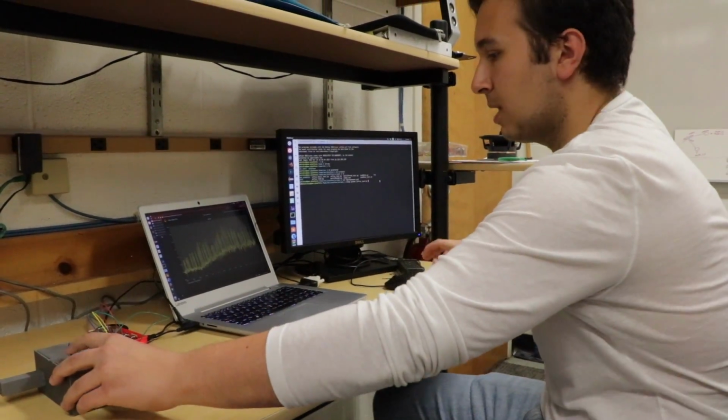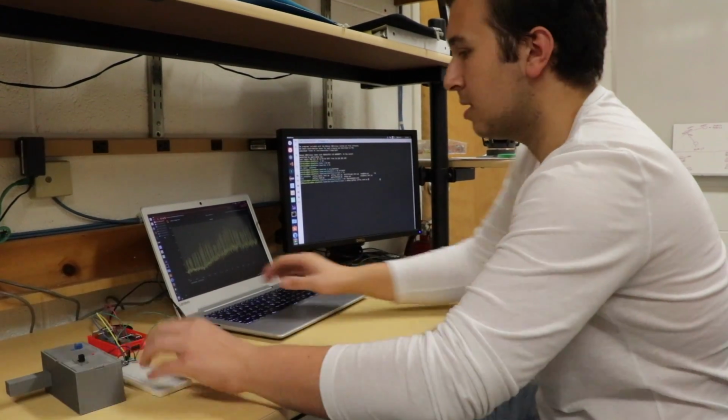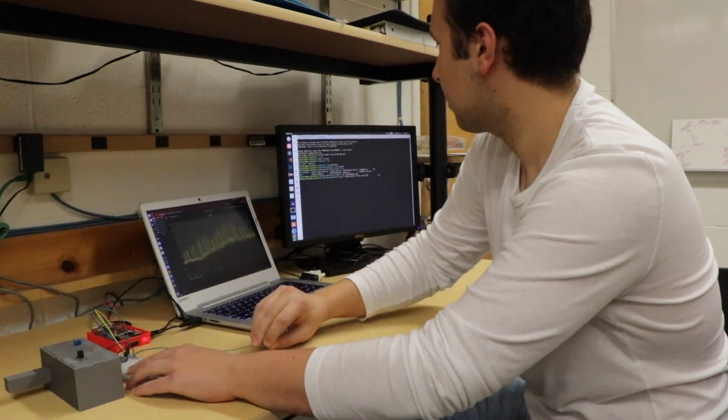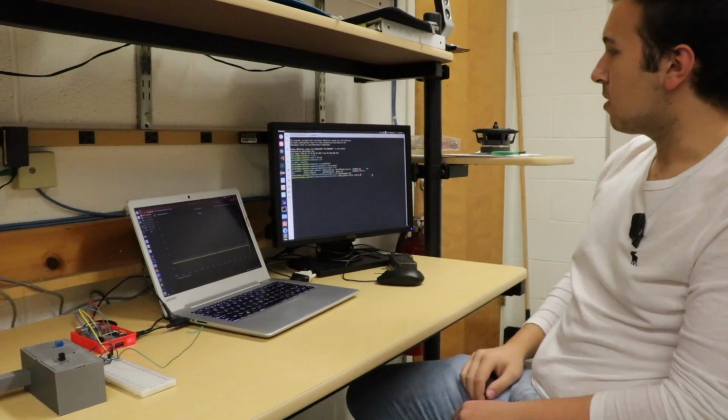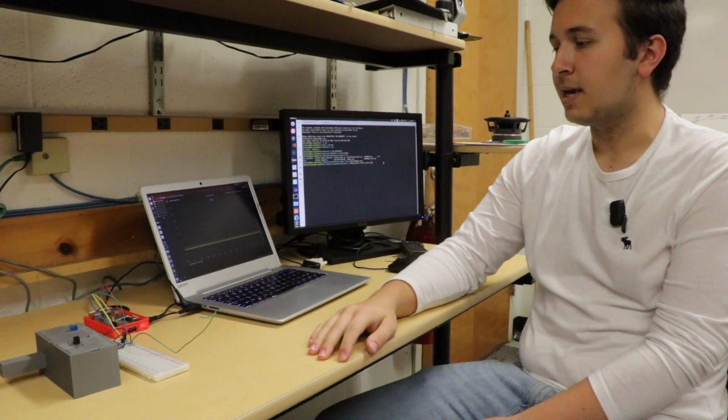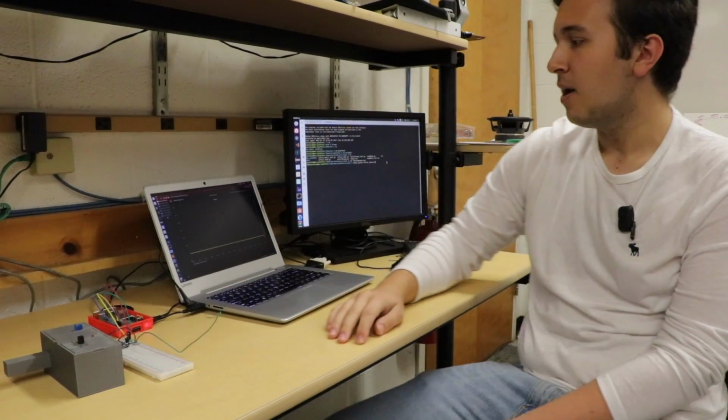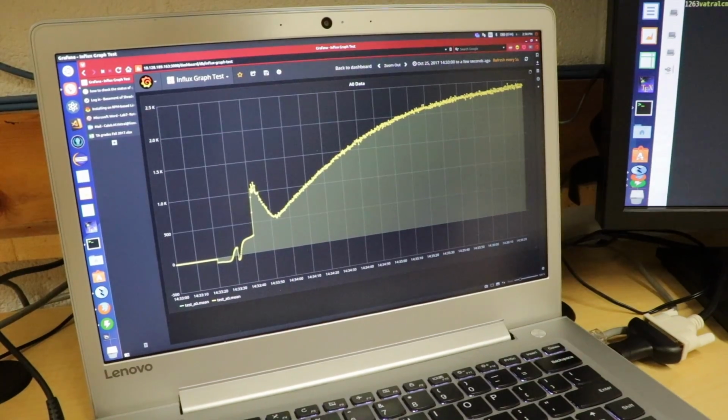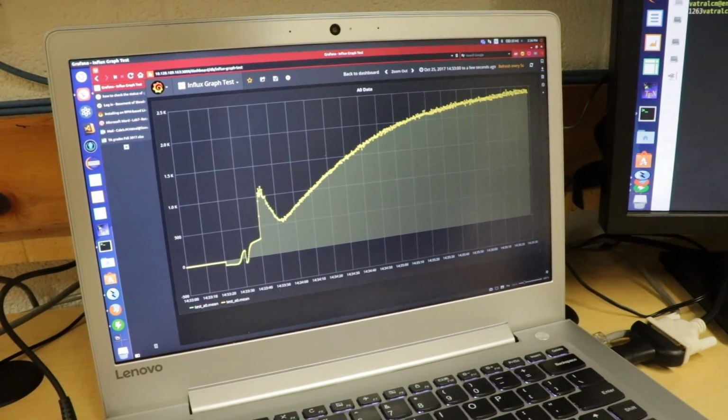So what I'm going to do is get this started. Now that I've started data recording, the Raspberry Pi is taking in the data from this sensor that we have, and it's transmitting to the supercomputer in real time. What we can look at on my computer screen is the data from this sensor coming in real time.